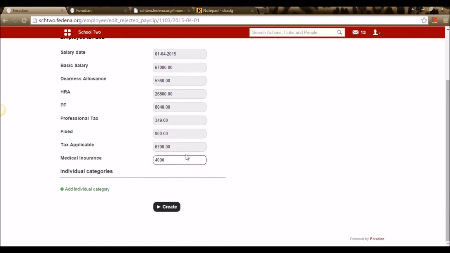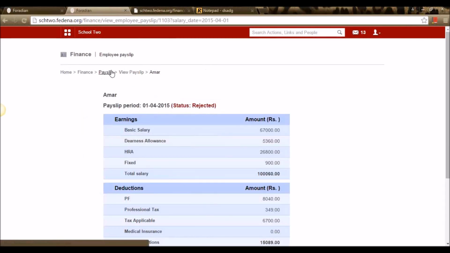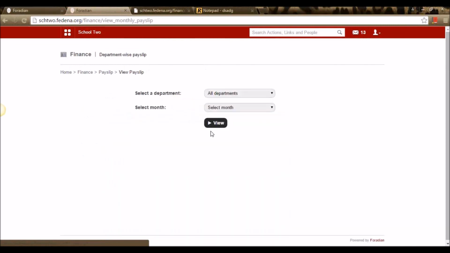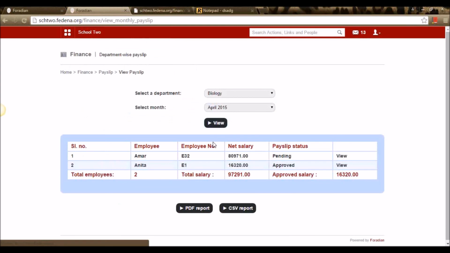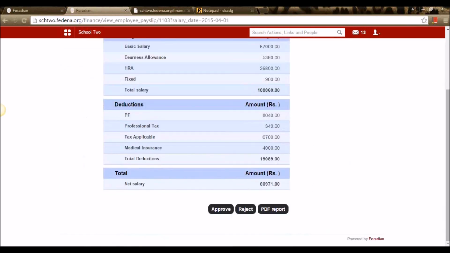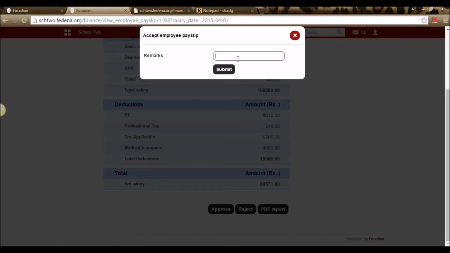So I'm giving a medical insurance of 4,000 and I'm making changes to it. Now again, a finance person can view the payslip for the month of April for the same employee, which is in pending. Now the 4,000 medical insurance that a human resource employee has added is getting displayed here. So now I can approve it by entering the comments.